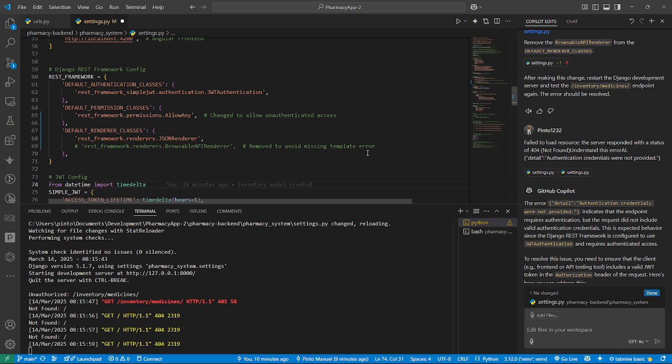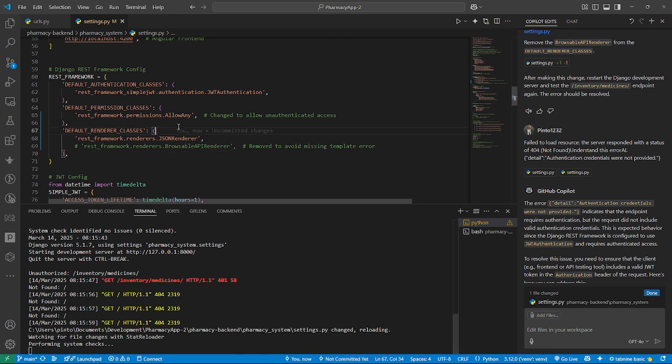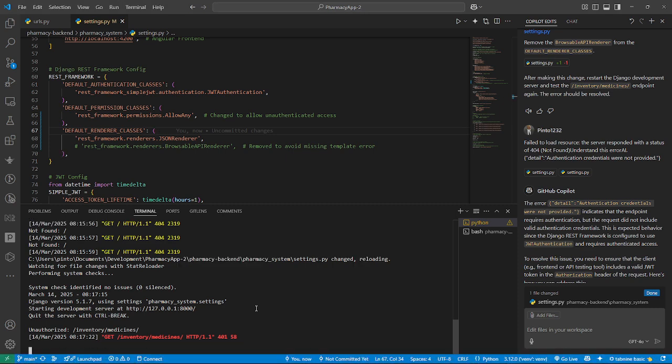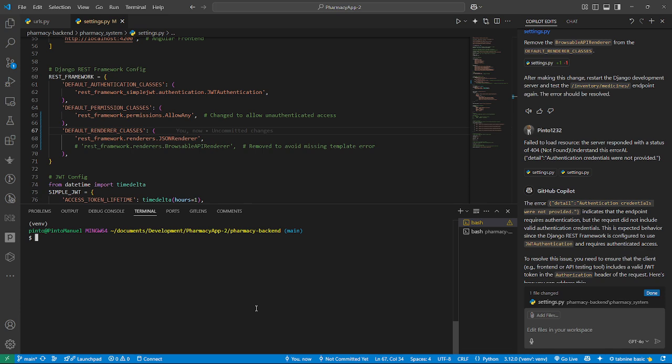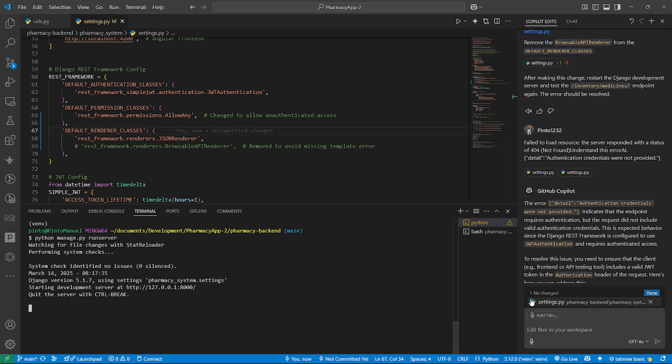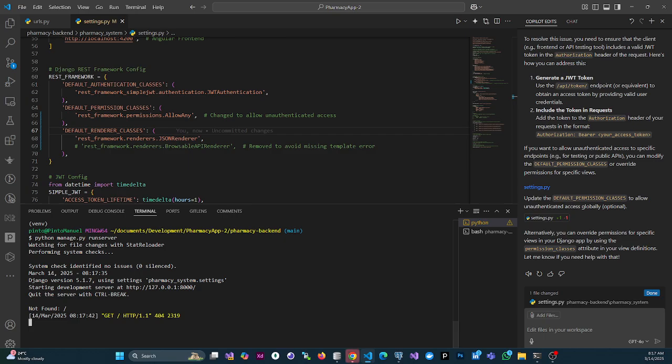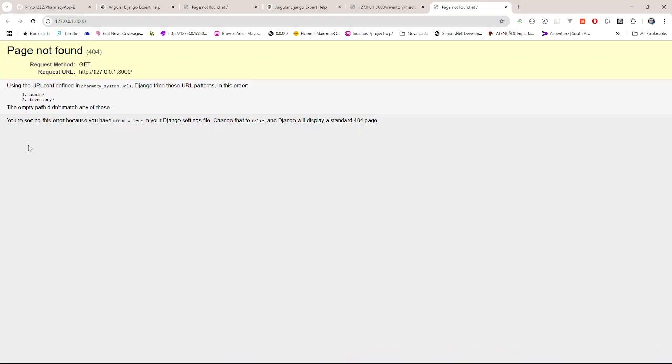Okay, I will just try to keep it. Change allow to unauthorized. Okay, cool. Change to allow unauthenticated access. I'll refresh again. Authentication was not provided, but is our app running again? So let me stop, and then I'll just run it again, and I'll just do this, and then I'm gonna